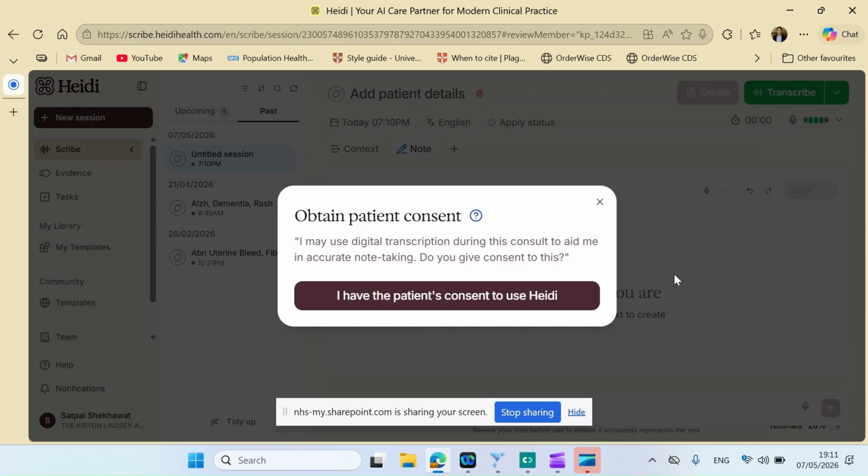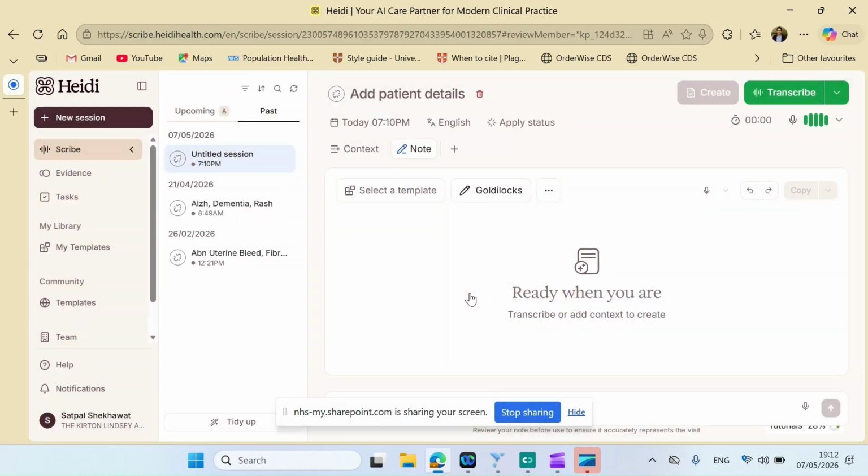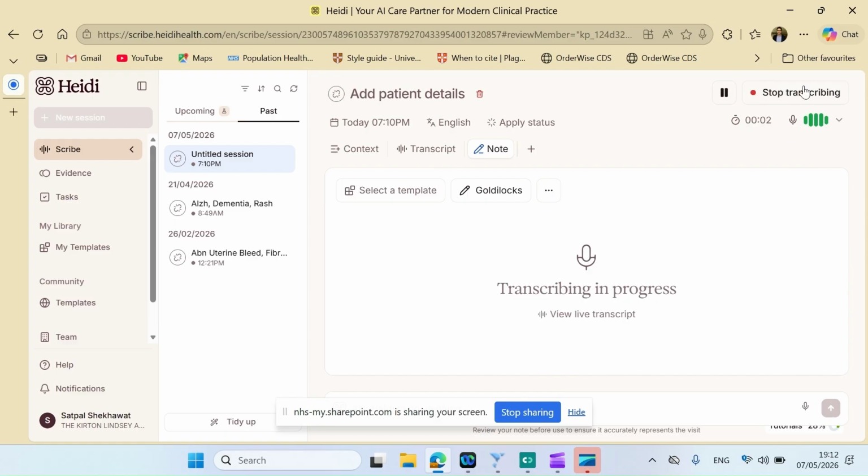As I do it, it prompts me to say, have I got patient's consent to use Heidi, which is very important. You must seek explicit consent from either the patient, or if they lack capacity, then the carer or the next of kin. So once I select that, you will notice that it has now started to listen to my